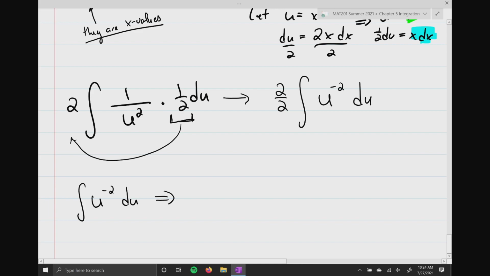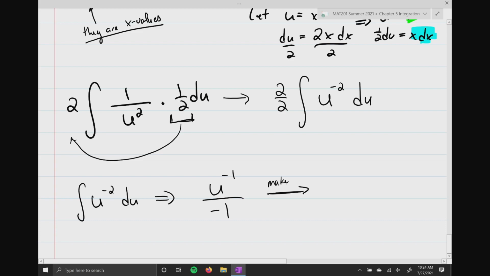I made that mistake the other day. So this is going to give me u to the negative 1 over negative 1. Okay, now I'm not going to put the plus c here because I have a definite integral from the very beginning of the problem. What I'm going to do